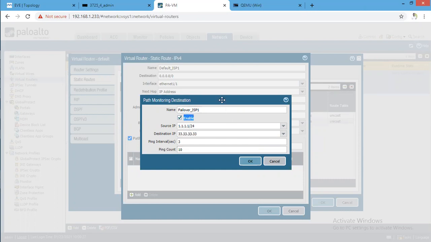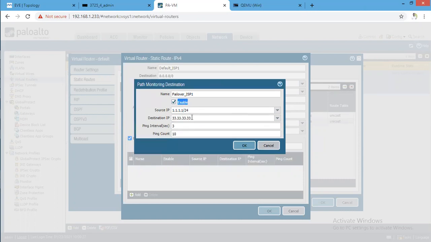So what it basically does is it will keep pinging the cloud router's IP address, and when the router's IP address doesn't respond to 10 pings, then Palo Alto will mark this route as down in the routing table, and it will forward the traffic via the backup ISP.